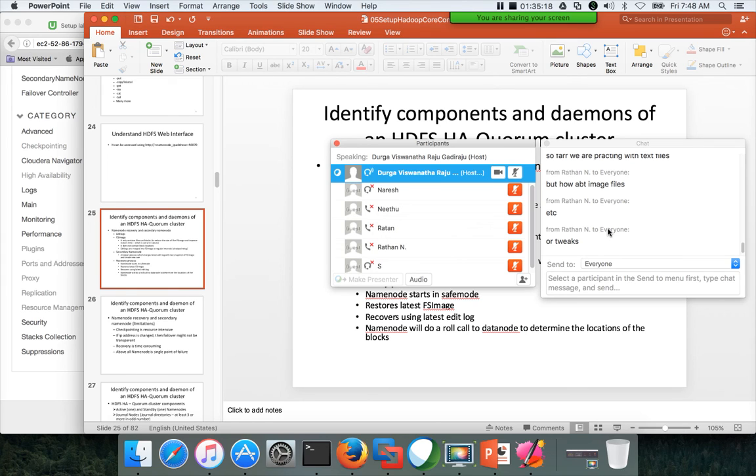It is not possible. Even in your local file system, you cannot go to the binary files of the images and tweak them. It is not possible. You have to use certain tools to process. Similar is the case with HDFS. You can store the images, videos, etc., but you will not be able to watch them or modify them directly.